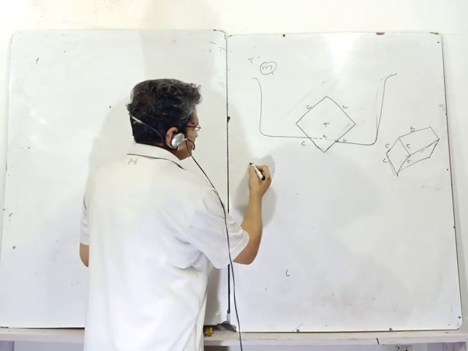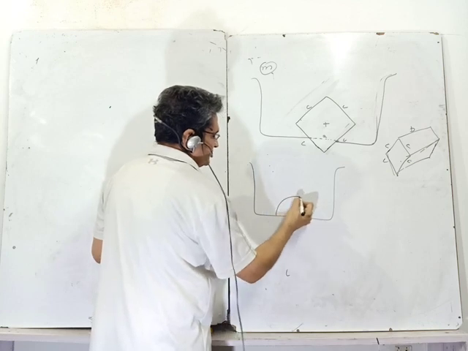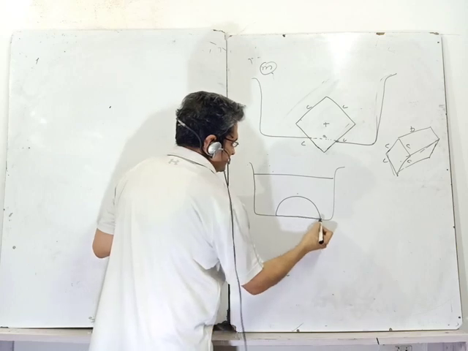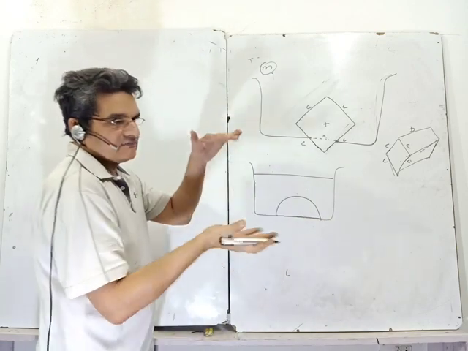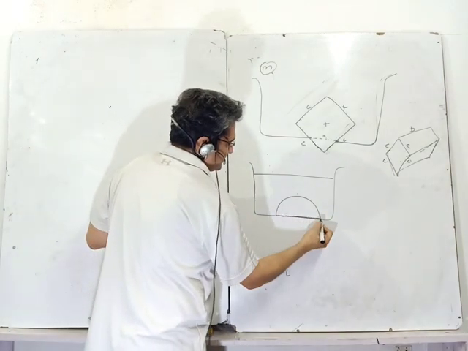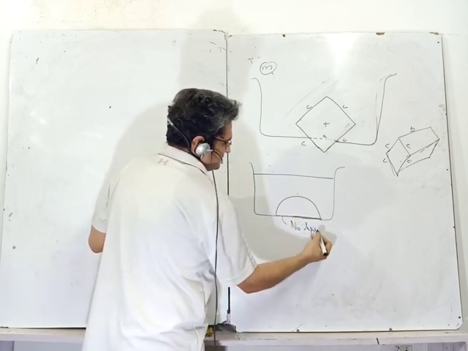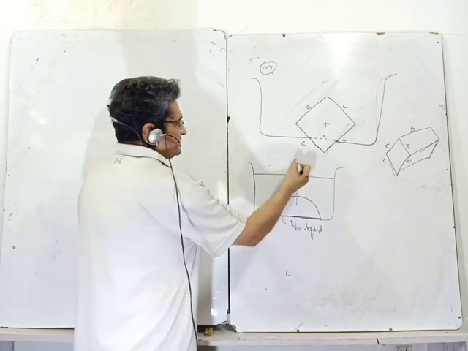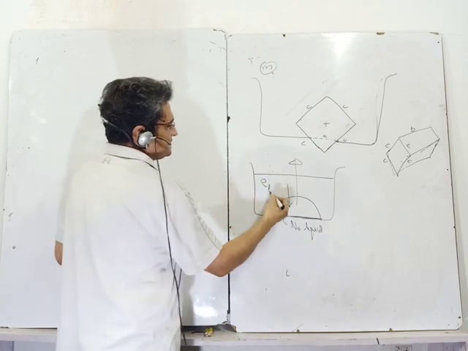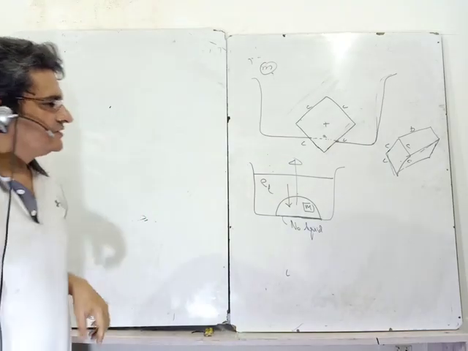When we deal with upthrust, suppose you have a tank with water, and I place a hemisphere here. It's a closed kind of hemisphere having a flat surface at the bottom, and I put it in such a way that there is no gap here. Perfect match, so there is no liquid below. Whether it will rise up, stay down, what will happen to it if this is the density of liquid and this is the mass, whether it will float, come up, go down, just think over it.